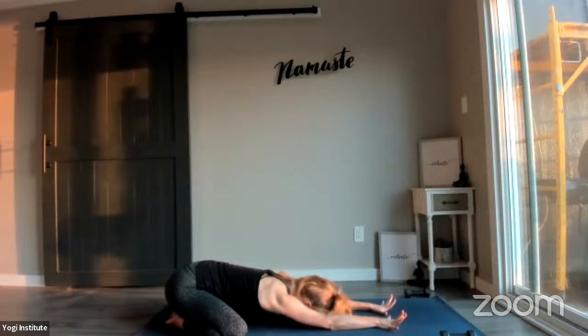imagining that you're creating space and length through the spine. I encourage you to spread your fingers out wide, and let's lift the fingers off the mat and then press them into the mat. One more time. Inhale, spread the fingers wide, and exhale, press the palms in. Start to allow the chest to sink toward the floor as you close down your eyes and draw your awareness inward. Feel your inhale expand,